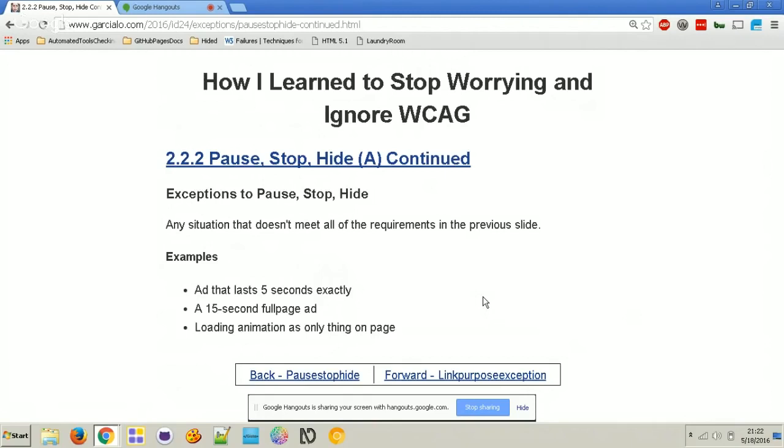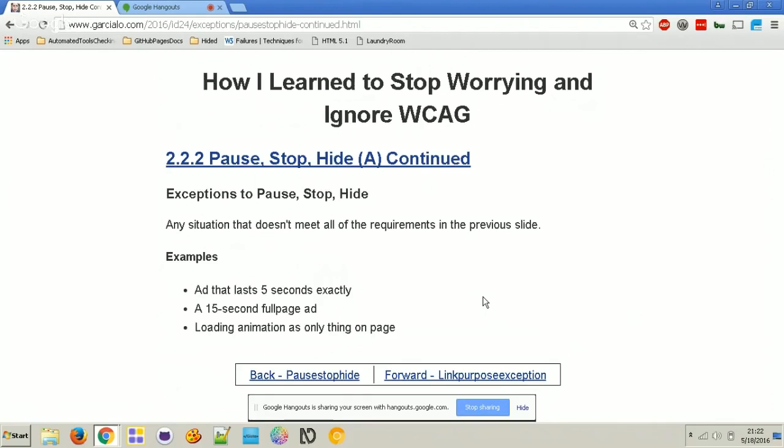If you have a 15-second full-page ad, well, it's longer than 5 seconds, but the advertisement takes up the entire page. It obfuscates the main content of the page, so you can't really do anything on it. It's basically inactive. The only content you can interact with is the advertisement. So it's the only content presented on the page, so it's fine. It's exempt from the check.